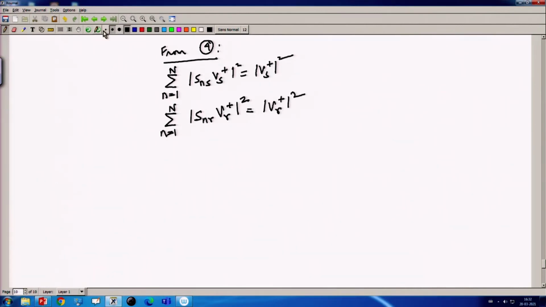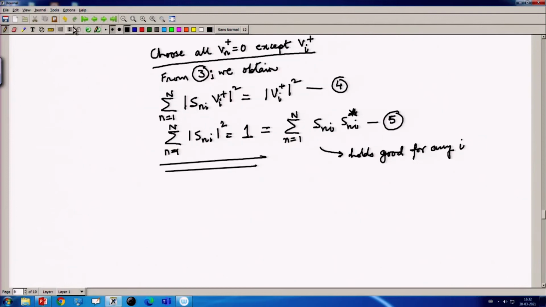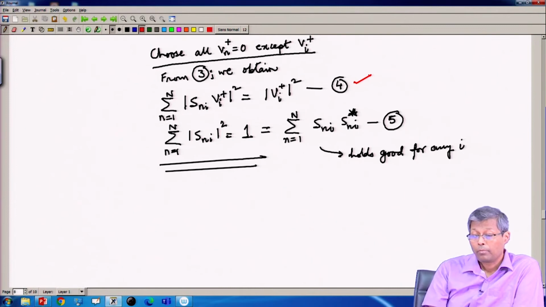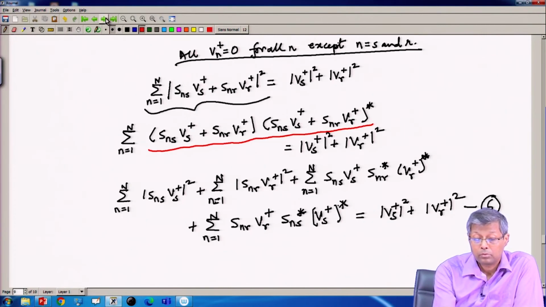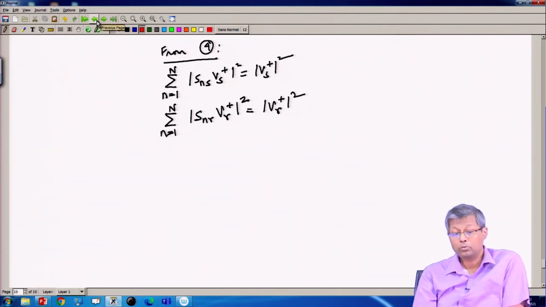Okay. So, let us go back to equation 4 from this equation. Okay. So, we can write these two quantities,